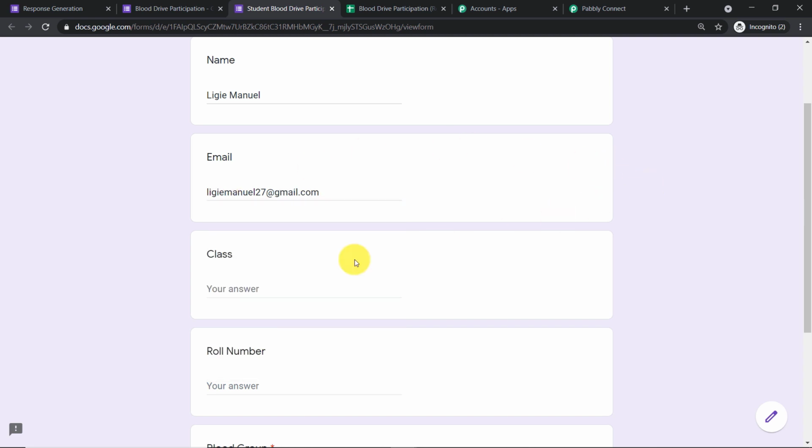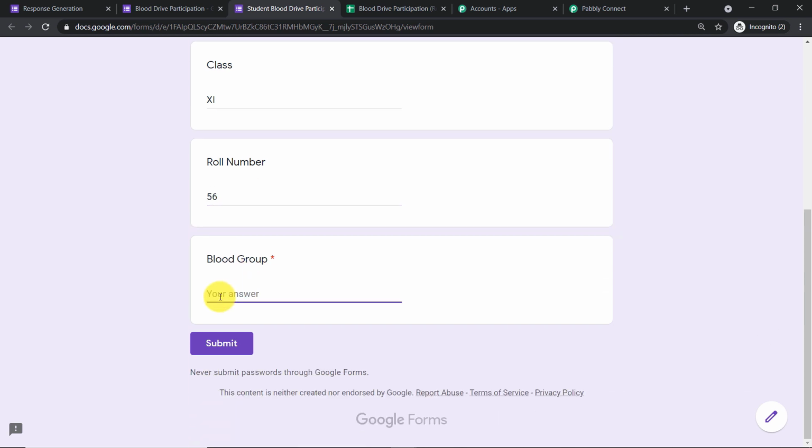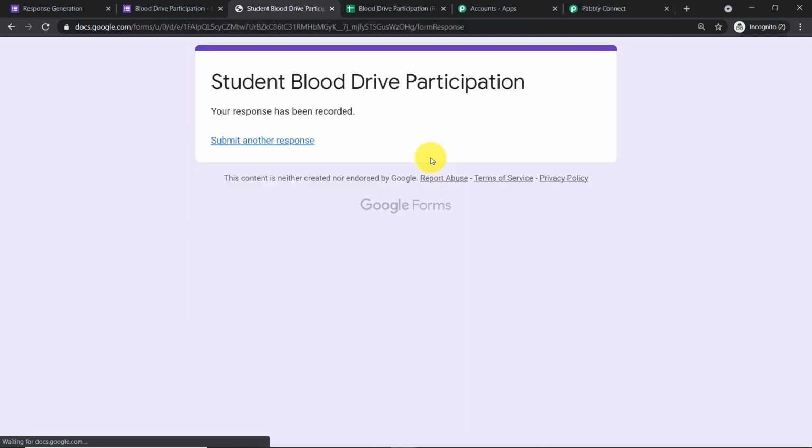Okay, so we have entered the email. Then we have the class. She is studying in, let's say, class 11th. And this is her roll number, let's say 56, and this is her blood group. Her blood group is B positive. Okay, let me just click on submit.